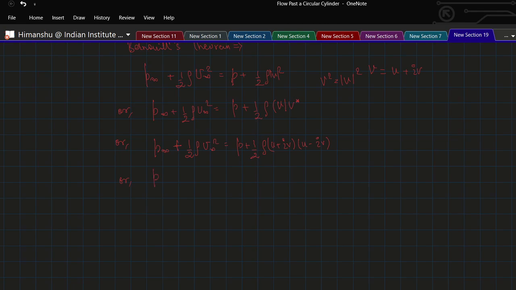Now it could be written as p plus half rho U infinity squared minus half rho (u plus iota v)(u minus iota v) equals 0. Now it is p, and we get F_D minus iota F_L equals